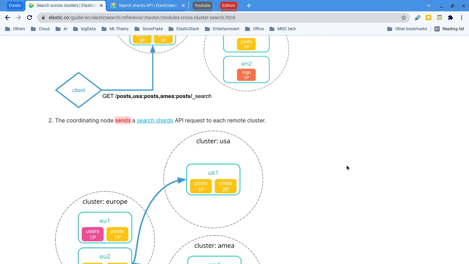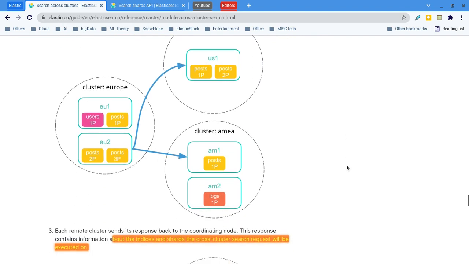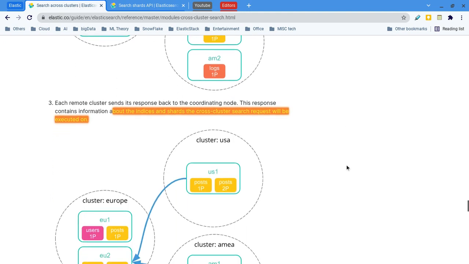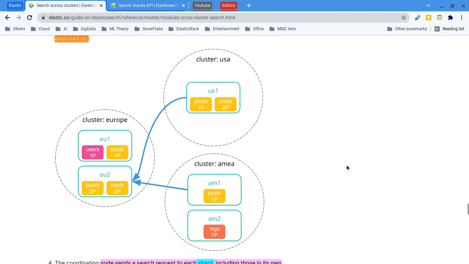Because of that facility being available, in this case the coordination node will send the search shard request instead of the cluster request. Then we will get the response back from the clusters.